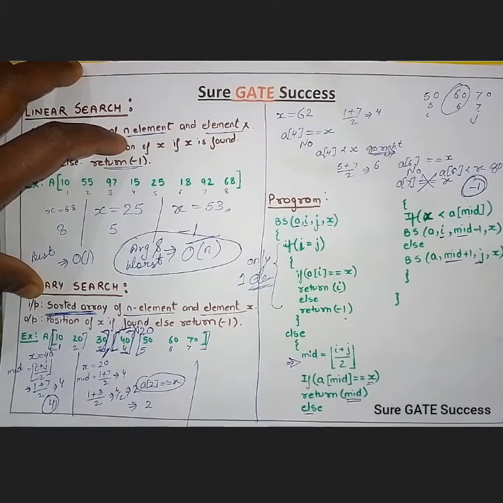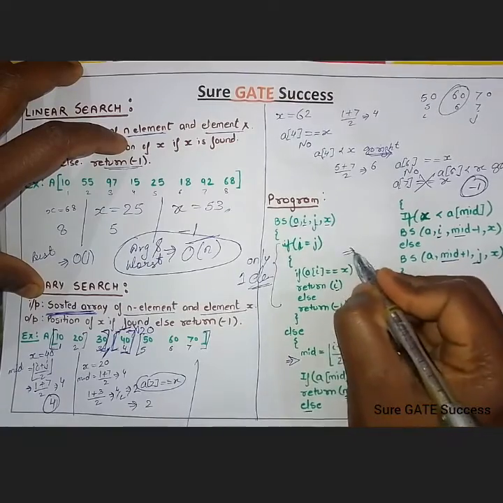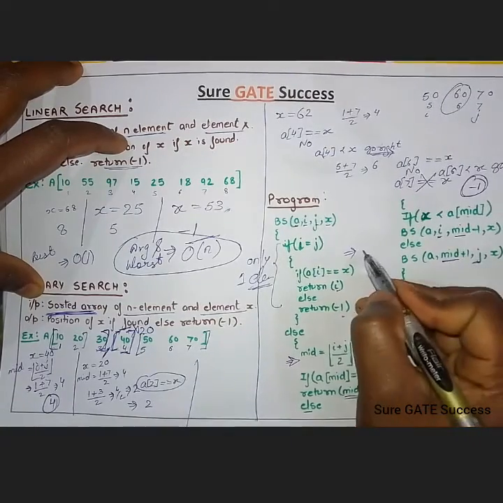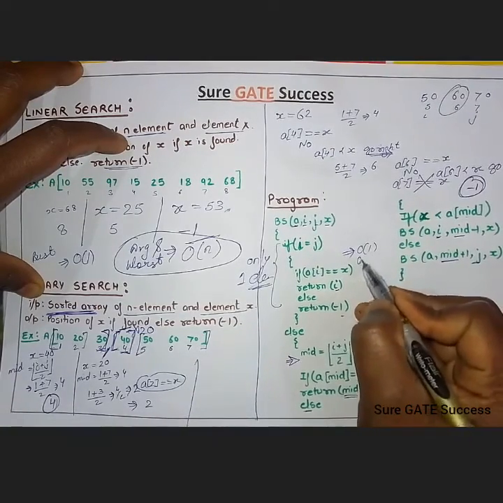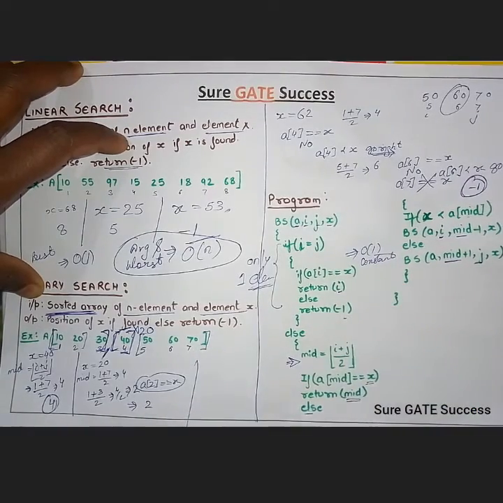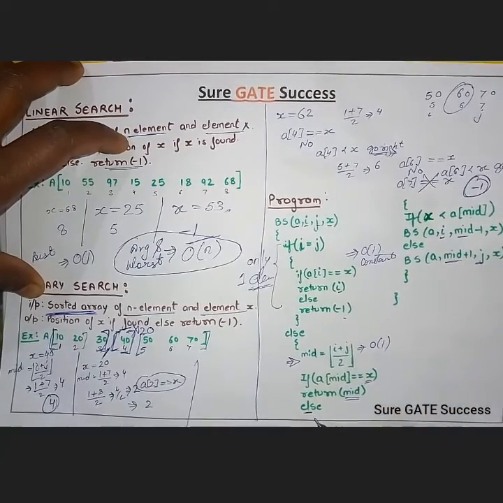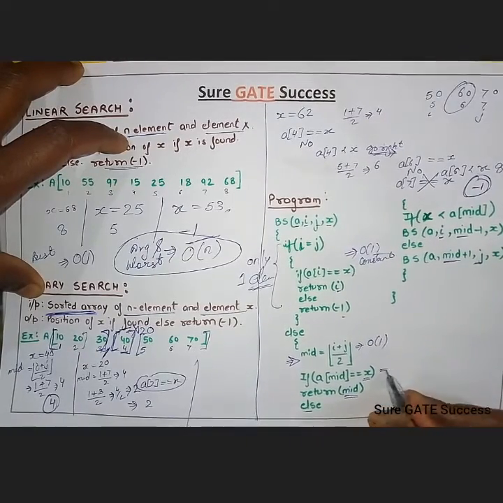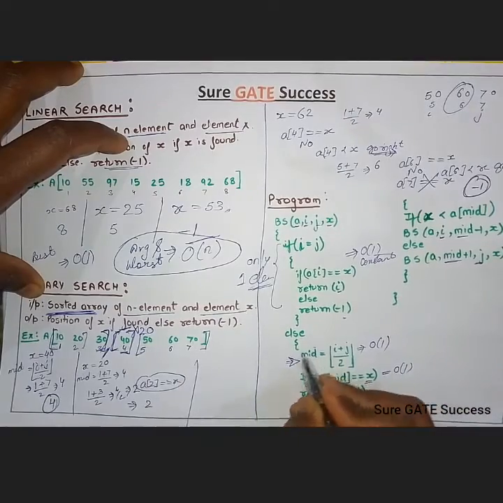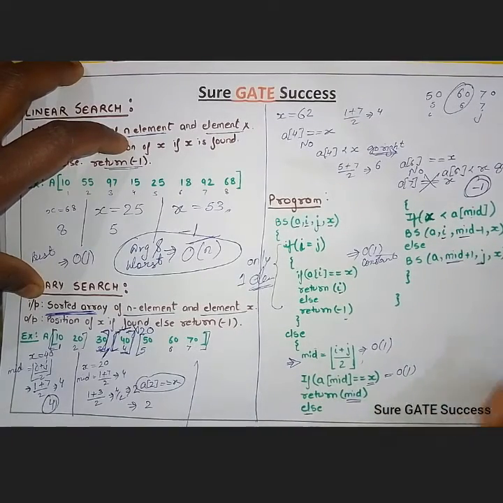If we talk about the time complexity, this one is a small, only one element, so comparison will take what? Constant. Order of one is what? Constant. And the division will also take constant time. Comparison will also take constant time. It is division, it is comparison, it will also take constant time.